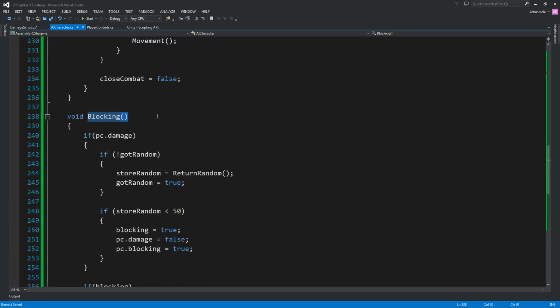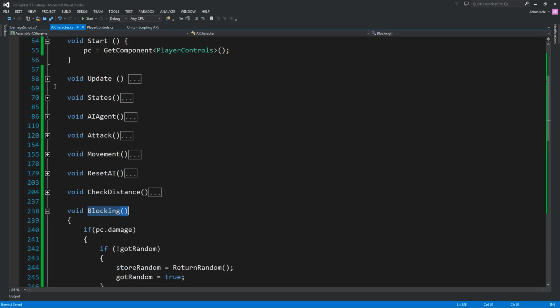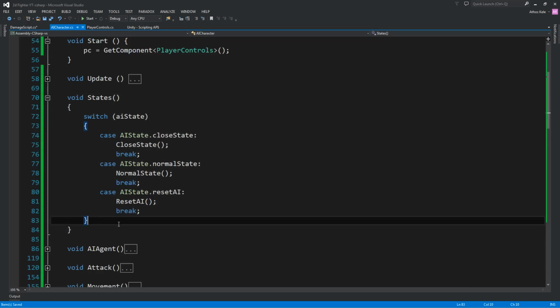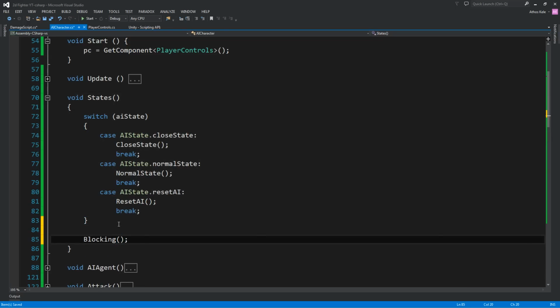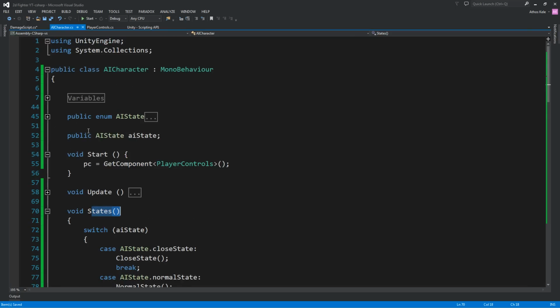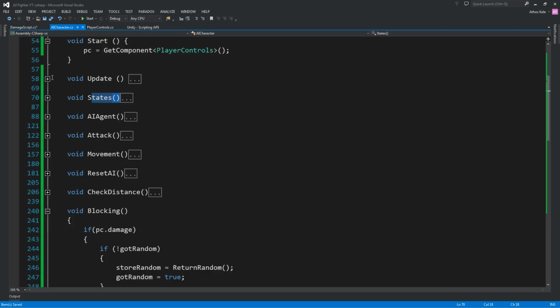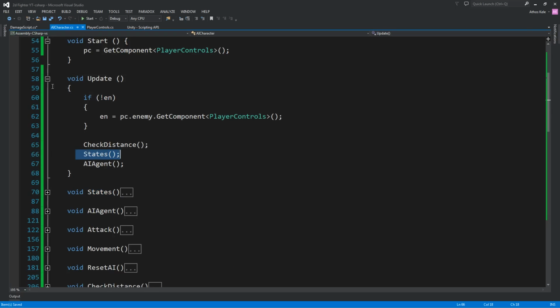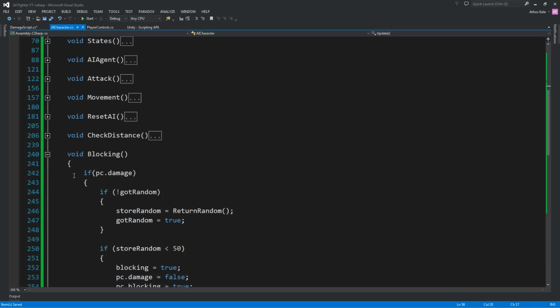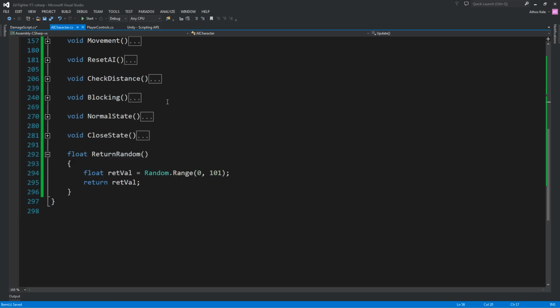Let's take this and this. We do not want this to run inside our switch statement, so we're just dropping it inside our states, and these states over here are called from inside our update, so it's always running, because you don't know when the enemy is going to be attacked. You want this always to be running. And one final thing we can do